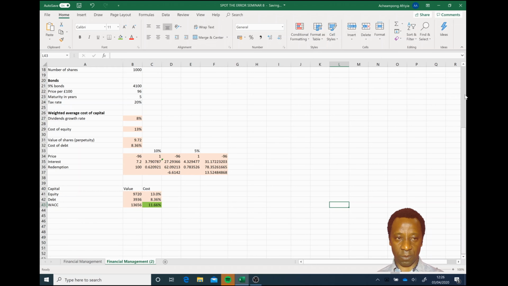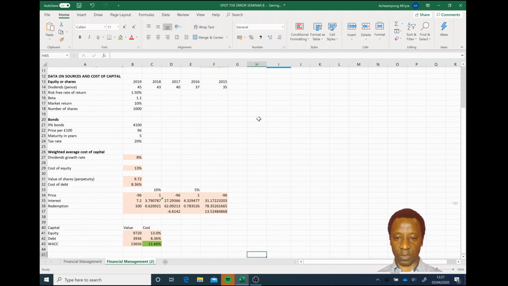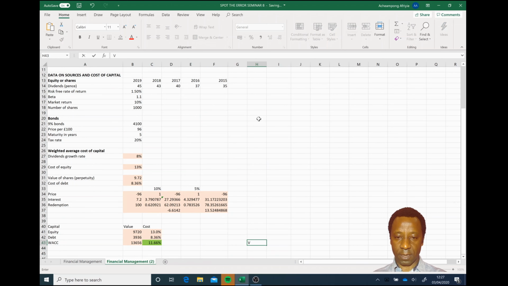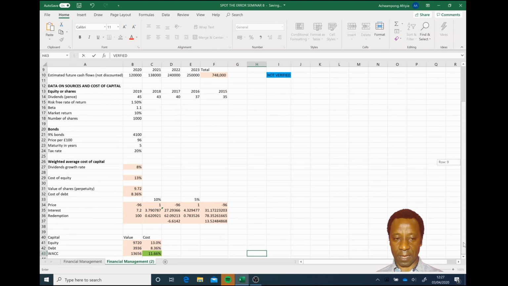What we cannot confirm yet is whether the inputs to the WACC are correct. So we need to verify the calculations for the value of equity, the value of debt, the cost of equity, and the cost of debt. And if they are correct, then we can pick this number and use it to discount the future cash flows for that asset to find its recoverable amount. Okay, so let's unpick it. Let's do it one after the other. Let's start off with